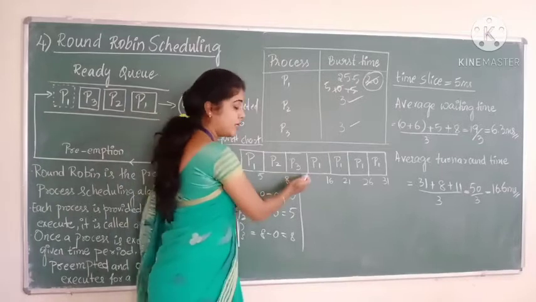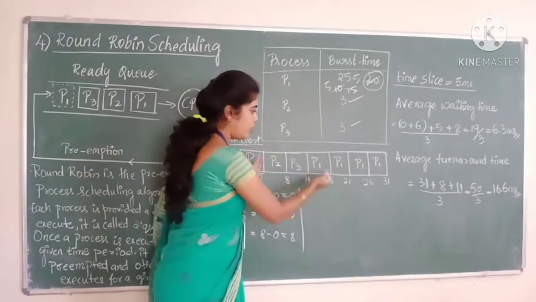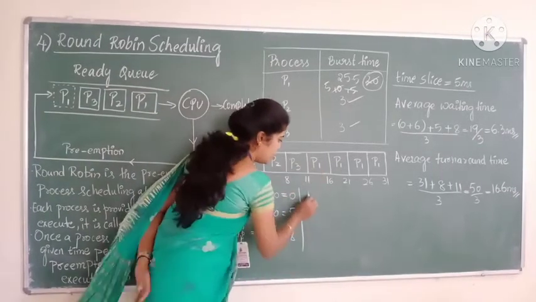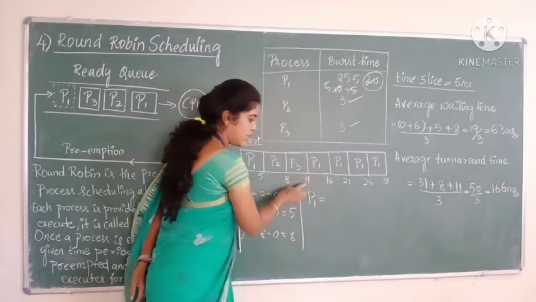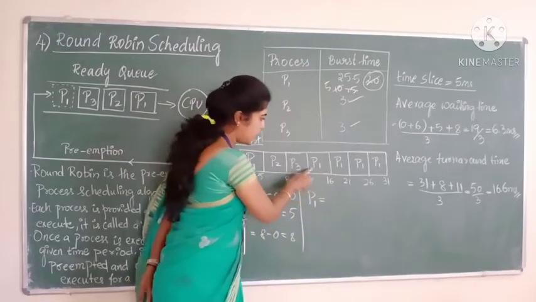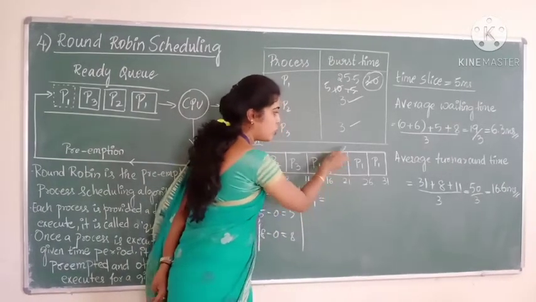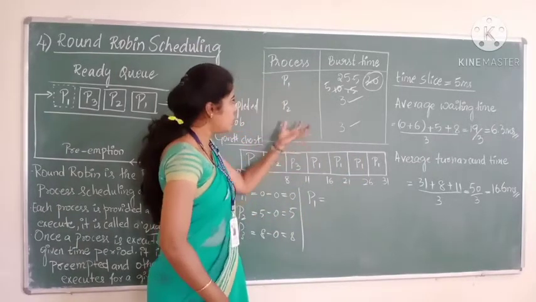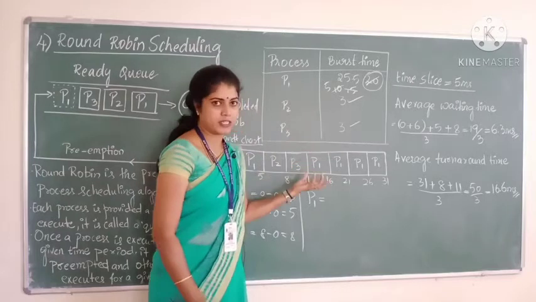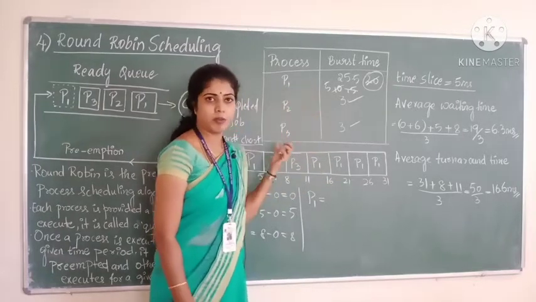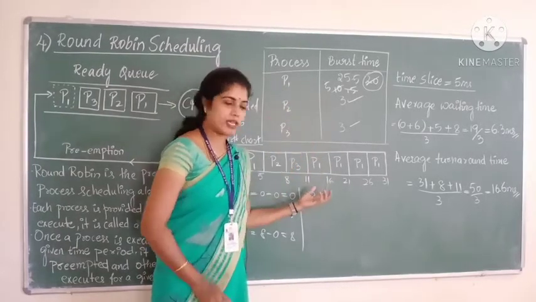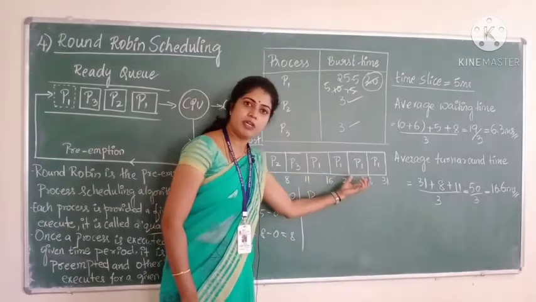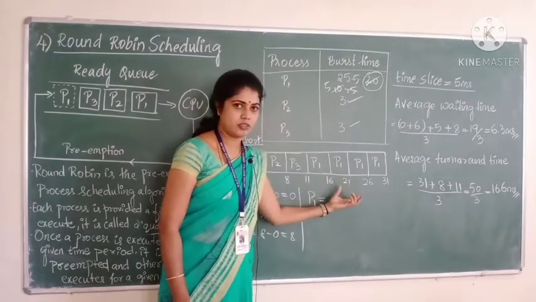But again the Gantt chart is not finished yet, is it not? Now again you have P1. See, P1 starting time is 11, because continuously P1 is only coming. There is no other process coming in the middle. And why is P1 taken continuously? Because P2 and P3 are finished. The only pending process was P1, and the time slice is 5 milliseconds. Each 5 is divided, and according to that the Gantt chart is written here.